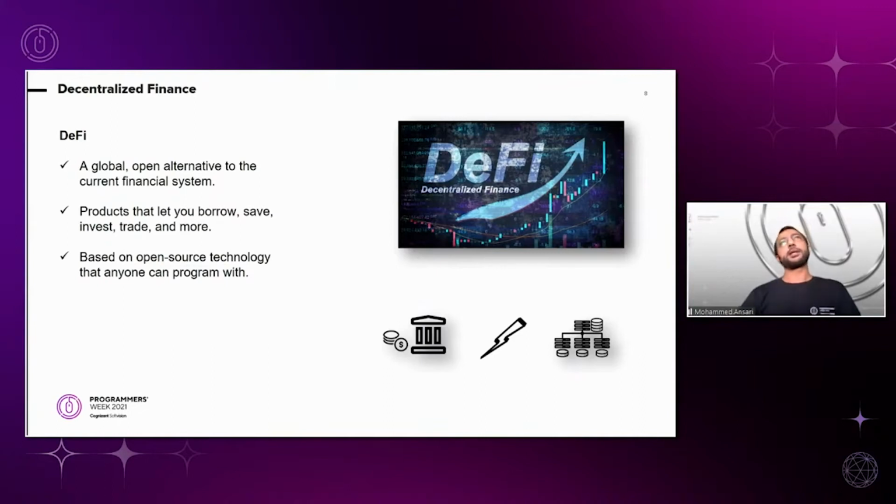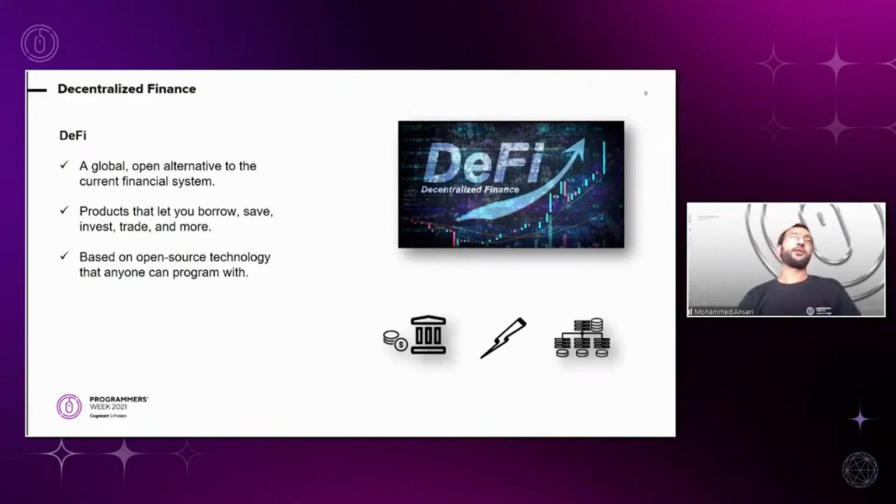Now, in order to achieve these features and provide them to the users, it's not that straightforward. You need to have a decentralized software and hardware infrastructure in place. You need a platform that allows you to write services, computer programs, or application programs, smart contracts as we call them, that would mimic the human actions taken by centralized finance. These smart contracts are going to provide us the services.